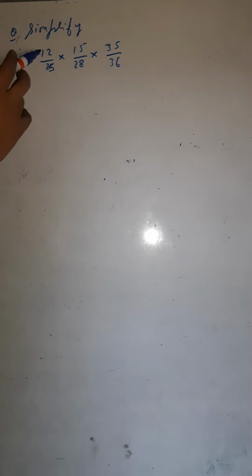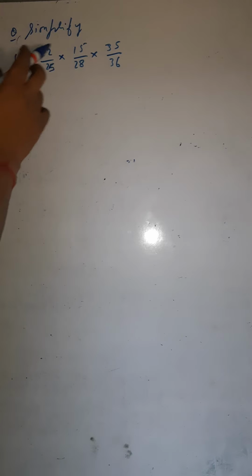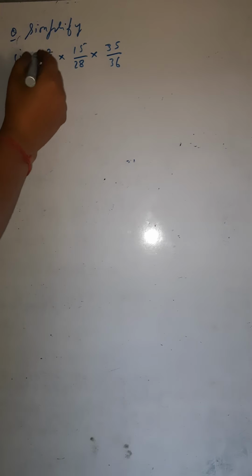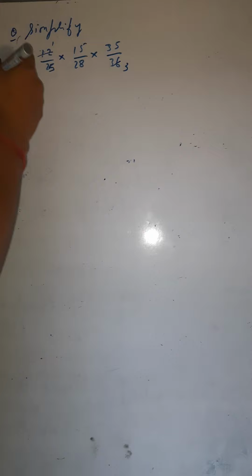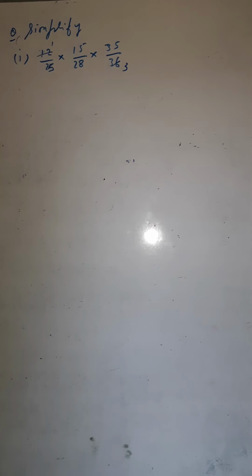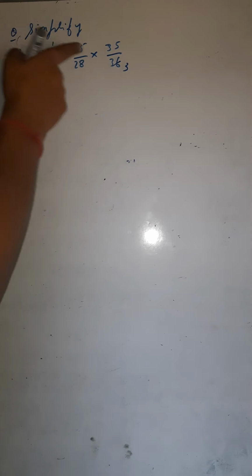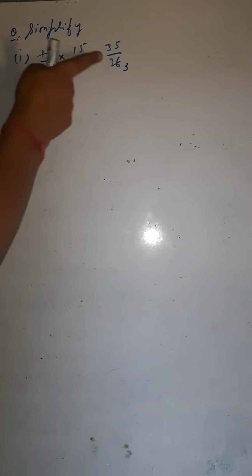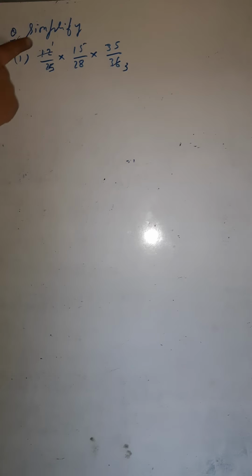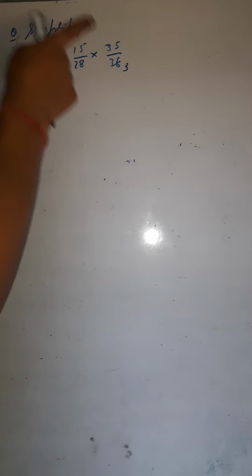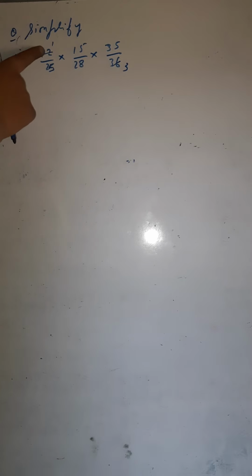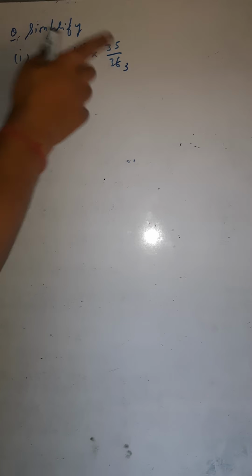Okay. So right now here you can see 12 and 36. You can cut both. Like here 12 1 ja 12. 12 3 is 36. Both of the digits you can cut by 12. But remember, both of the digits you have to cut by a single number. It is not that here you are cutting by 4 and here you are cutting by 6. Not possible. If you are cutting here by 4, then here also you have to cut by 4. If you are cutting here by 12, then here also you have to cut by 12.